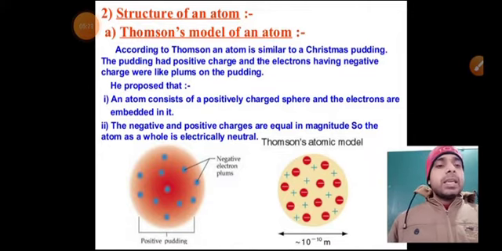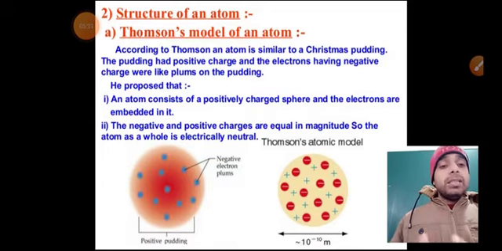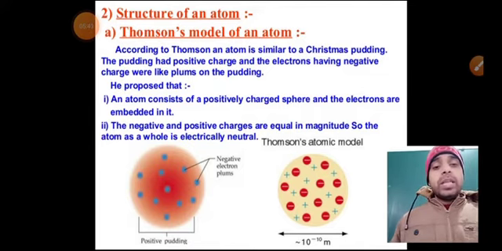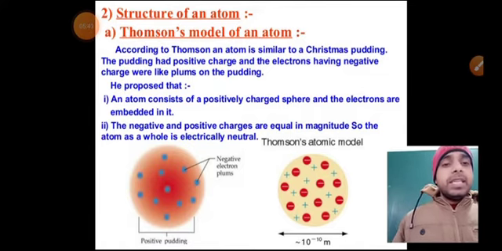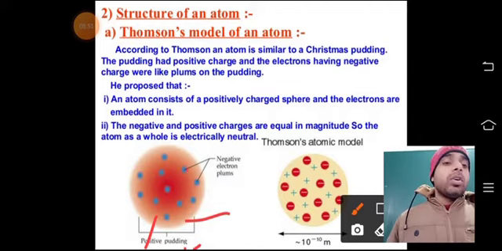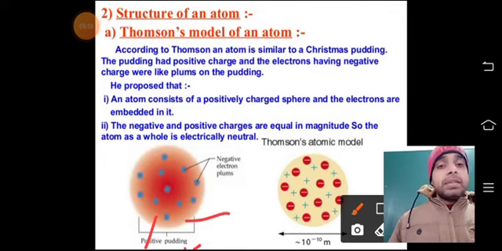He said that just like a Christmas pudding and just like a watermelon, the atom also looks the same, where the red part in the watermelon is the positive part, and the embedded seeds are negative. So here he actually took the example of a Christmas pudding, and he said that this red part is positive and the negative is the dots, just like a watermelon structure. Now that positive and negative charge should be equal, and hence the atom can be neutral.